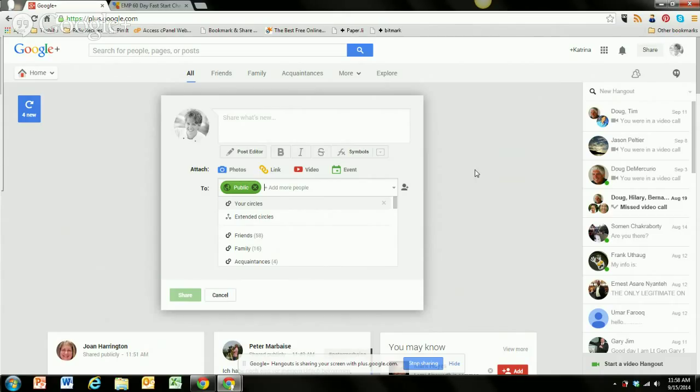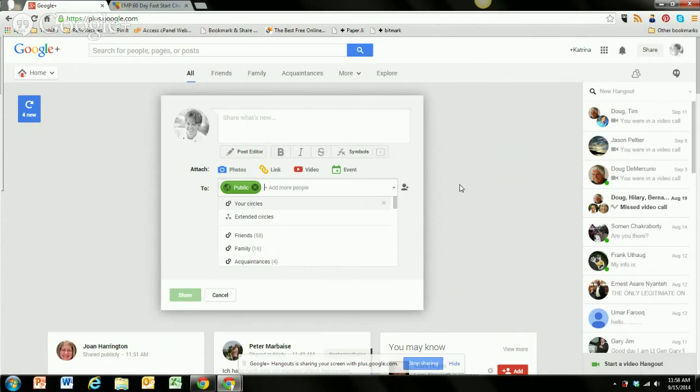So that can be viewed even by people that are not in your circles. Which is why I love public as opposed to just the circles, because public means that it actually gets indexed, whereas private means it's only going to those people and it probably is not going to get indexed. So depending on what you're trying to accomplish with your post. Public is anybody has the ability to see it. Your circles means it's only the people that are in your circles.